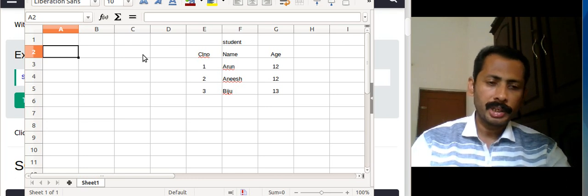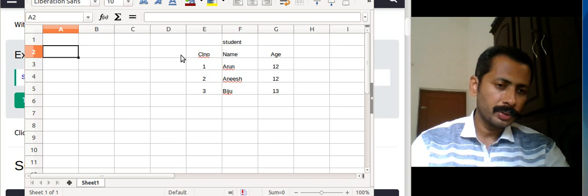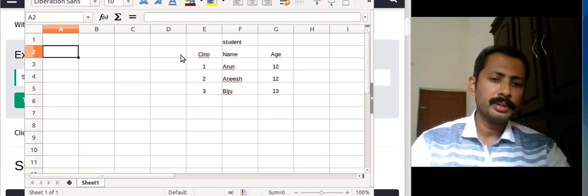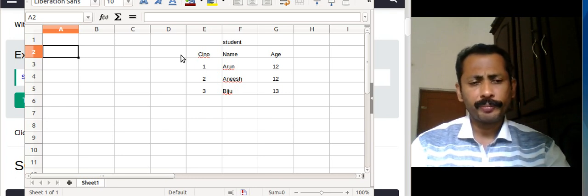So database creation, table creation, then insertion of data to tables, then addition of columns to the table, deletion of columns to the table, then changing data in tables. So everything is possible using this SQL.